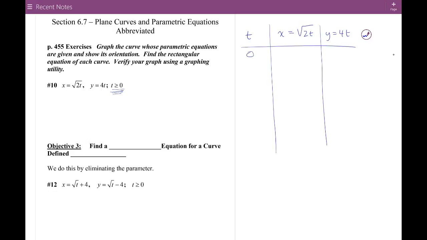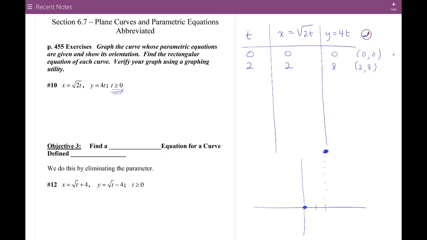So we're starting at 0, where x is 0 and y is 0. So 0, 0, the origin, that's the first point on our graph. So here's the point 0, 0. Okay, then let's pick some easy values for t. So let's pick t as 2. So then we get x is 2 and y is 8. So the point 2, 8 is a point on this